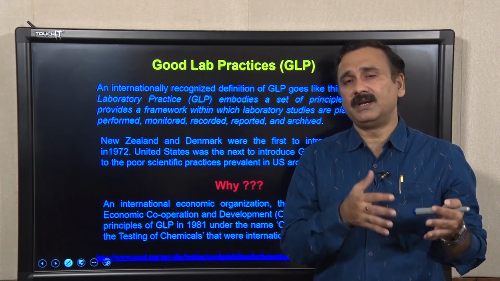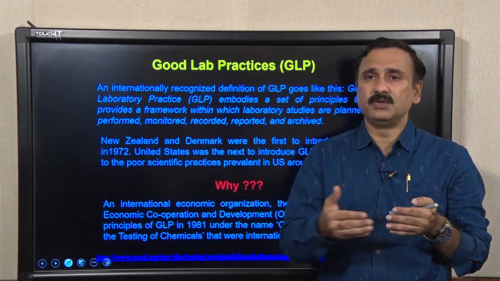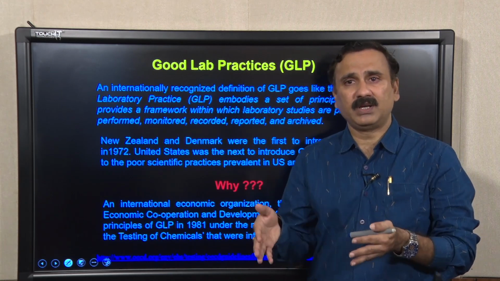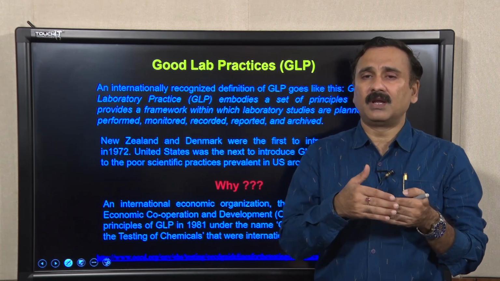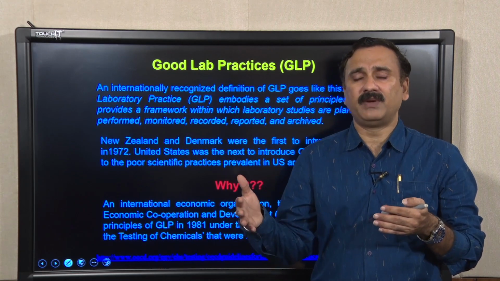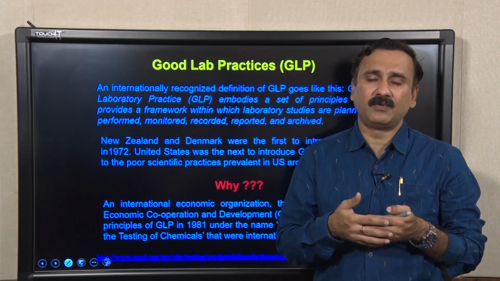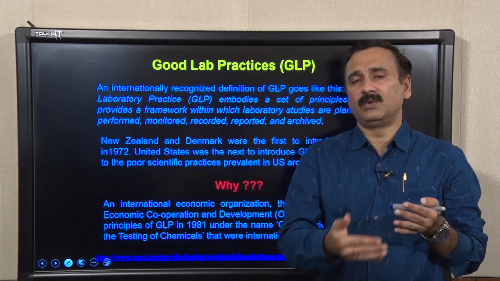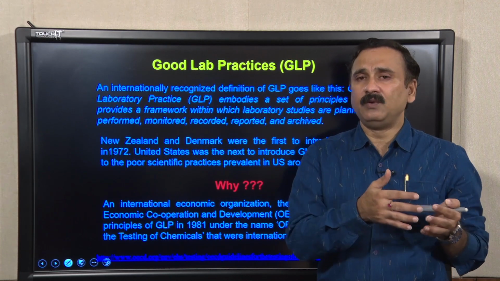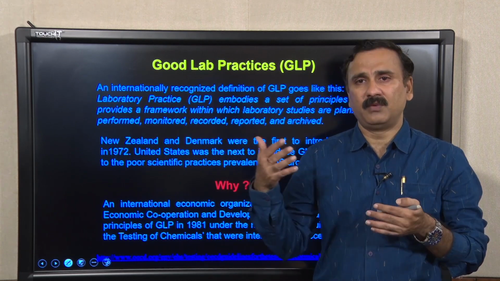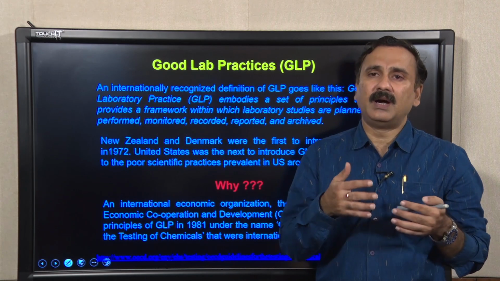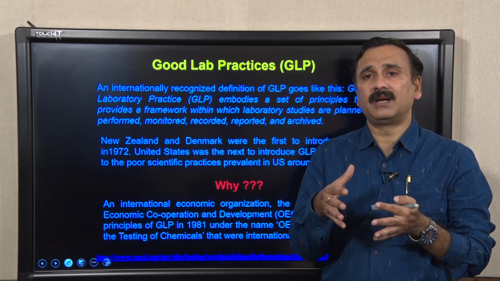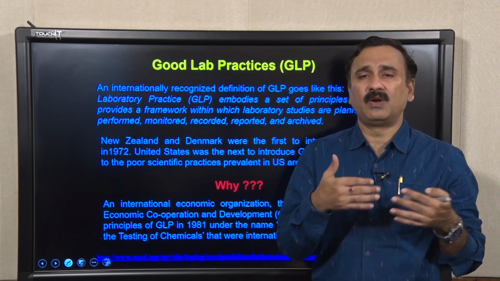In that context, we also discussed that suppose you are doing a protein estimation. One is the raw data, like the absorbance you get from the spectrophotometer. The other is the background signal you get from the spectrophotometer. If you subtract the background values from your experimental value, you get the calculated value, and these calculated values are the derived data from your raw data.